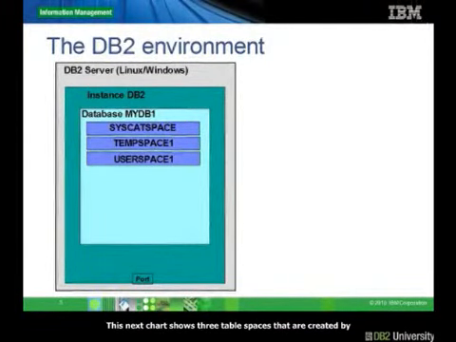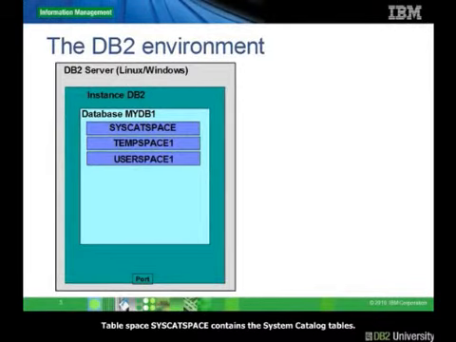this next chart shows 3 table spaces that are created by default when you create a database. Table space SYSCATSPACE contains the system catalog tables. The system catalog is called the data directory and other relational database management system basically contains system information that should not be modified or deleted, otherwise the database will